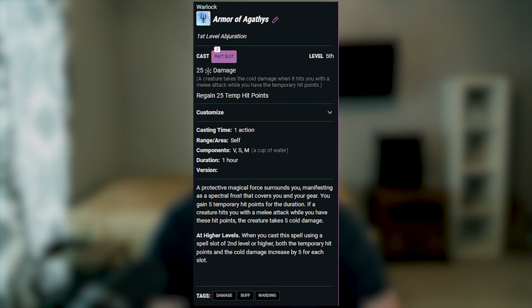Now let's go over some of the spells that I want to talk about. First and foremost, the spell I want to talk about is Armor of Agathys, because of course this spell is unique to Warlock, and this is a very good spell for tanks. When you cast Armor of Agathys, it gives you temporary hit points, and at first level it only gives you 5 temporary hit points, but it gives you 5 more for every level after that. And as a Warlock, we have 2 5th level spell slots as part of our Pact. So if we cast Armor of Agathys at 5th level, that gives us 25 temporary hit points, meaning our 183